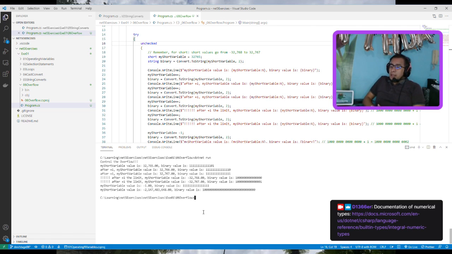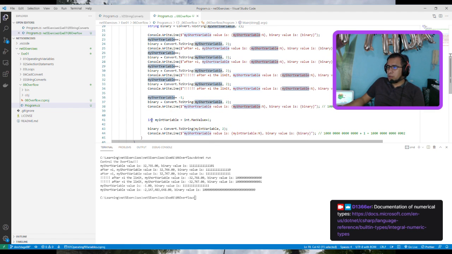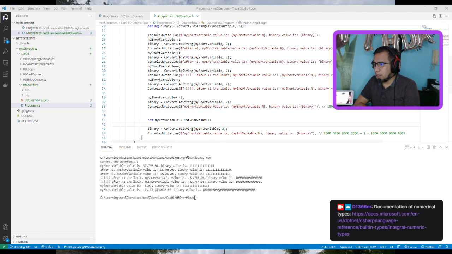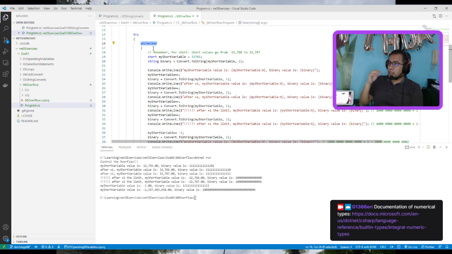Hmm, that's crazy. It doesn't work for the short values, but it works for the integer values. I thought that it handled both integer and short. Well, any value. That's crazy. I thought that, well, okay, checked and unchecked